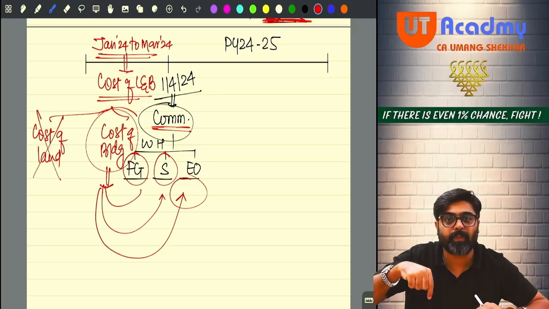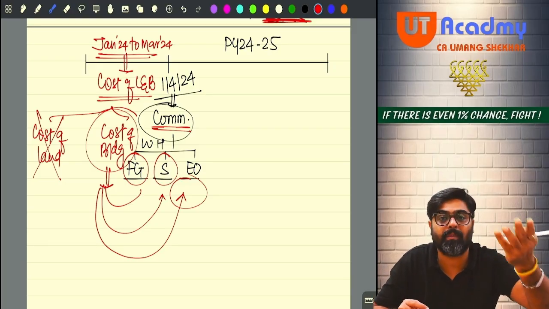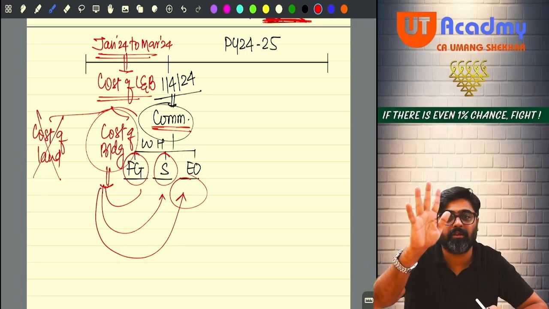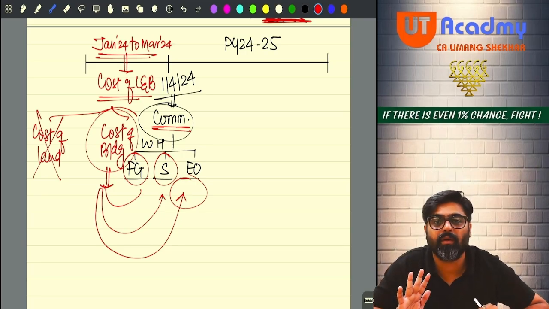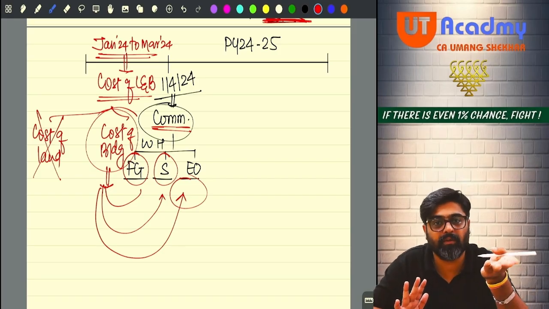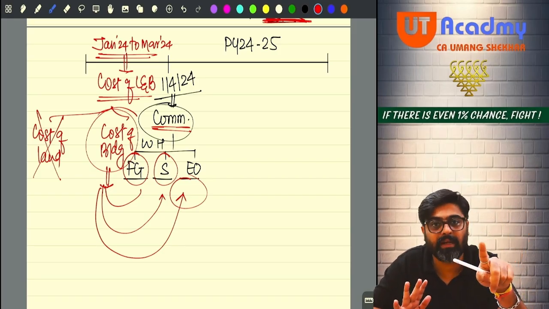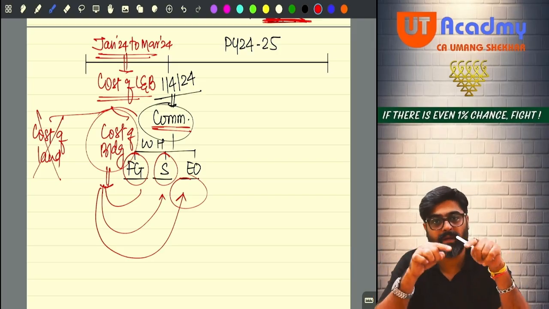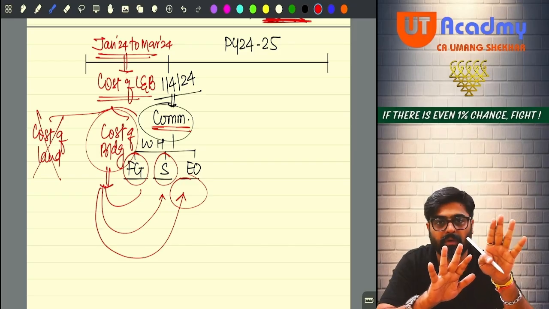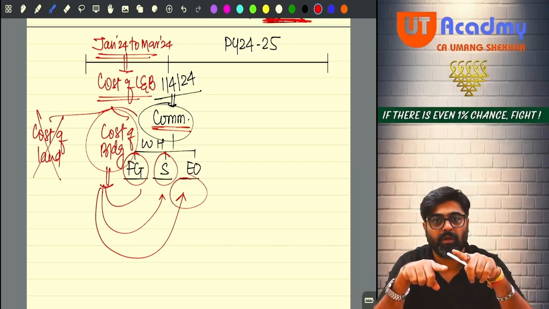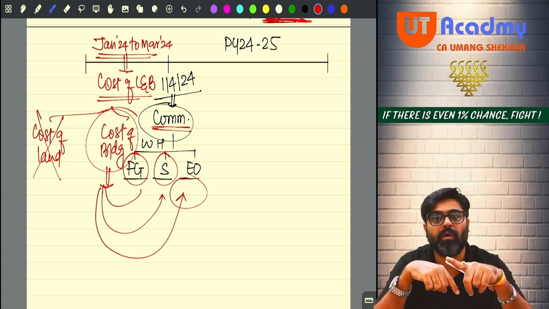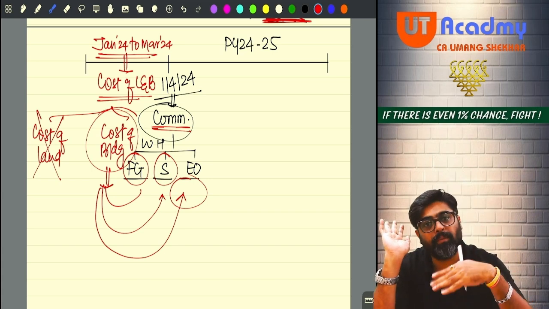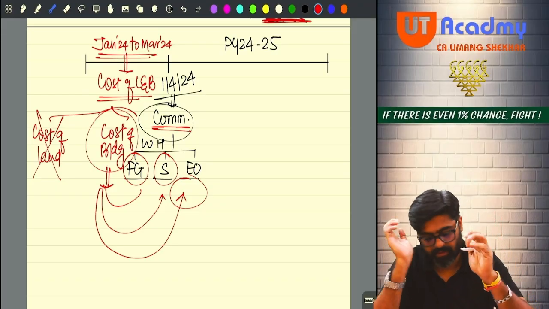I will claim that expenditure in the year in which I have commenced the business, provided this cost is capitalized in the balance sheet. So the balance sheet for the year in which the business was commenced, in that balance sheet, this cost should be capitalized. Only then this cost will be allowed in the year of commencement. Yes or no? But the entire cost will not be allowed. Only the cost of building will be allowed. Land cost will be ignored. It will be ignored for depreciation also. Getting my point? Next one.